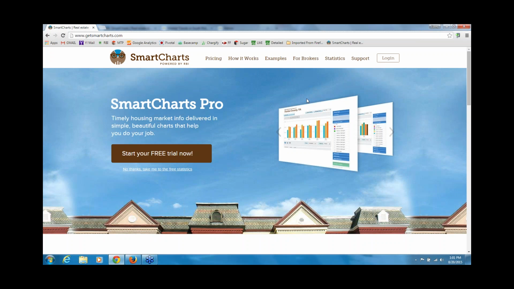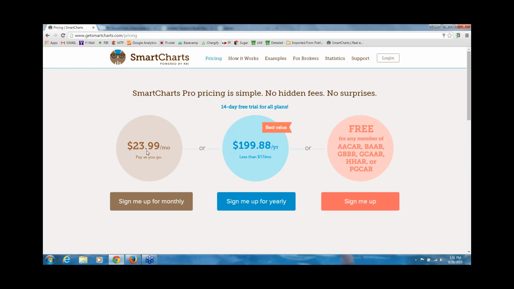First things first, in order to sign up for SmartCharts Pro, for those of you that have not done so yet, it's simply a matter of going to getsmartcharts.com. This is our landing page. You can either click on Start Your Free Trial Now or Pricing. They really take you to the same spot. And you have the option of signing up for the monthly plan, the yearly plan, which is basically 12 months for the price of 10,